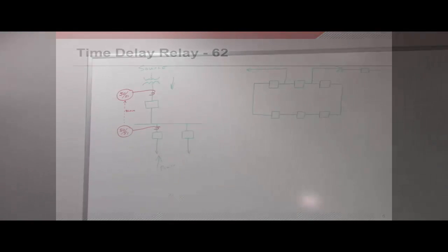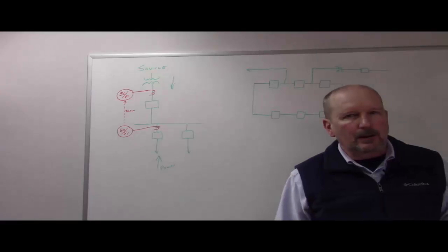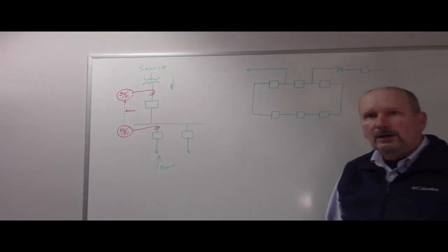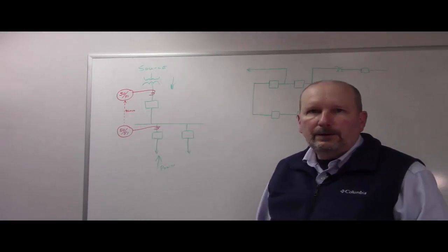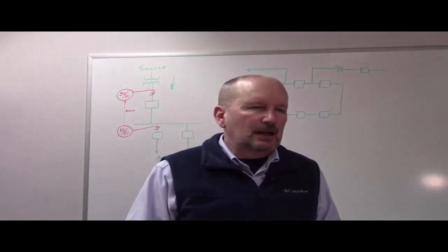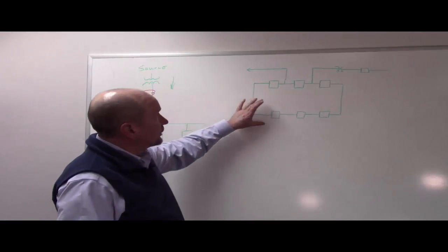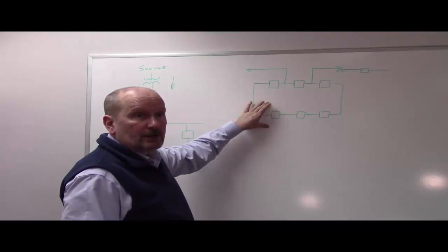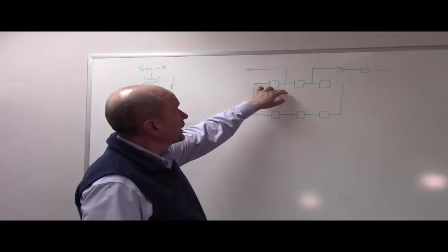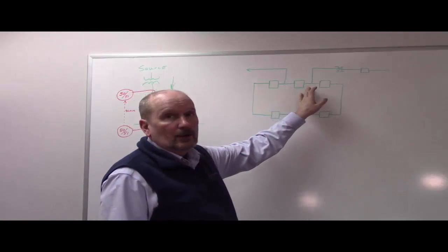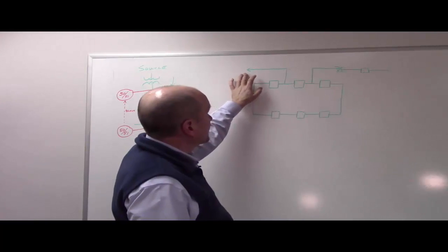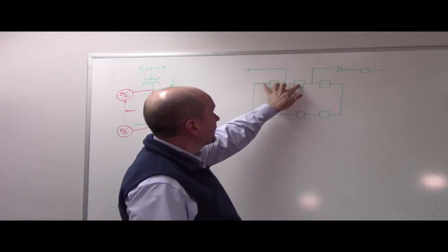Now then, let me spend a bit of time and talk about what I mean by tripping adjacent breakers. Think back to when we were talking about the zones of protection. This is a very similar concept. I've shown up here a substation that's basically 2 rows of breaker and a half, and I've got a transmission line coming out of one and then a transformer coming out of the other. And say we have a fault on this transmission line, so to clear the fault we would trip these 2